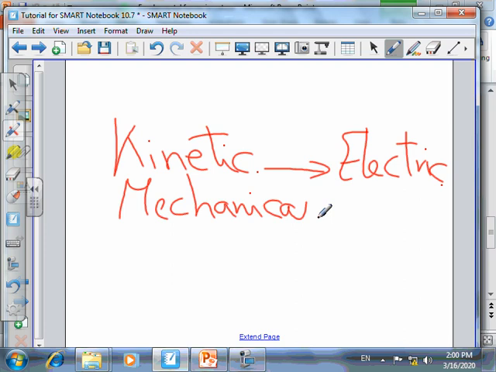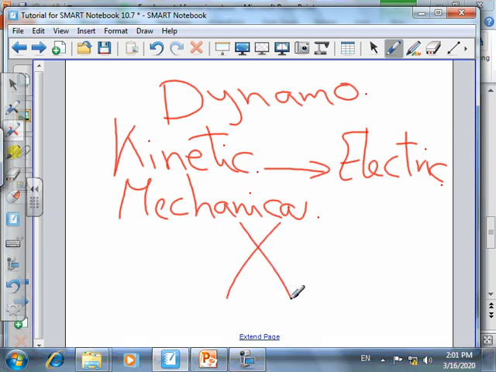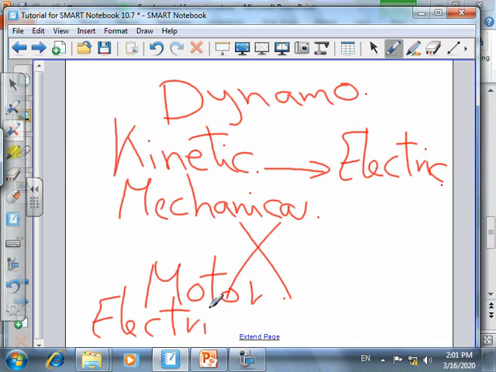We should know the transfer of energy from what to what. The third type, besides the electromagnet and the dynamo, is the motor. The motor is the vice versa, or the contrary, of the dynamo. Why? The motor changes electric energy into mechanical energy or kinetic, because we have mentioned before they have the same meaning.